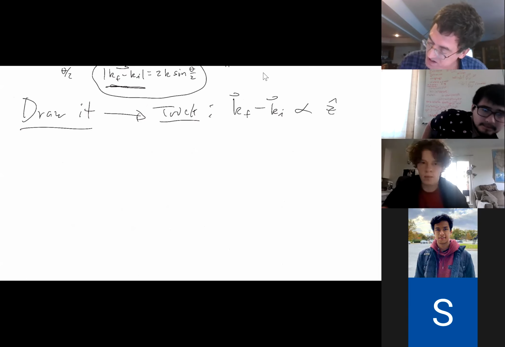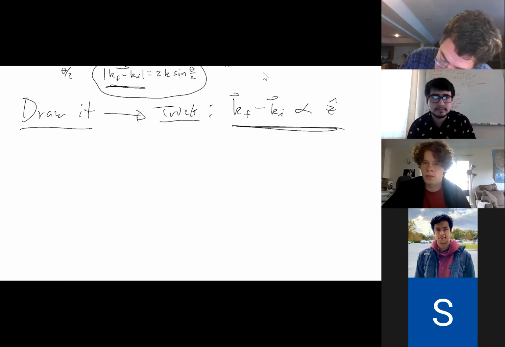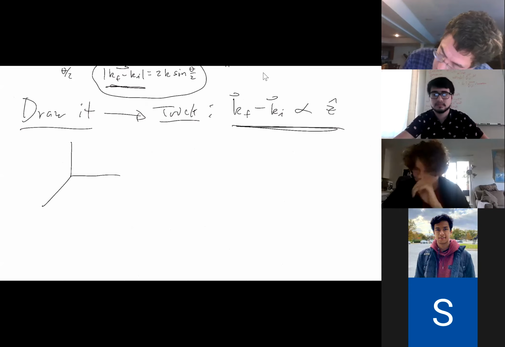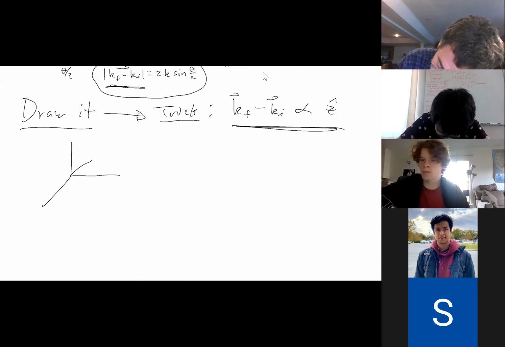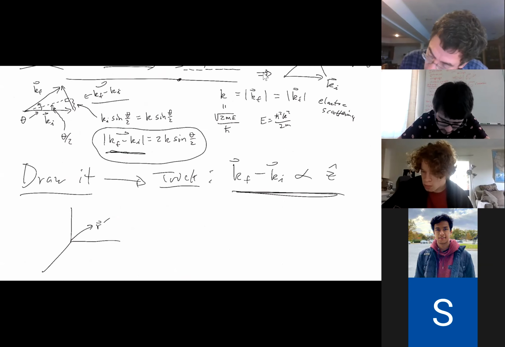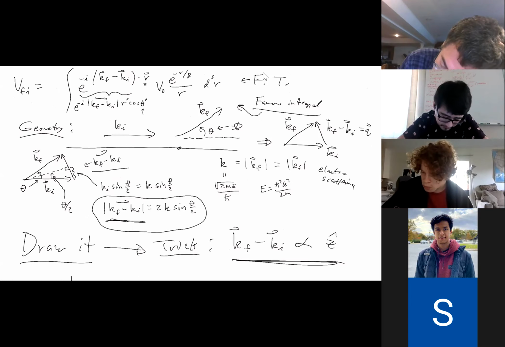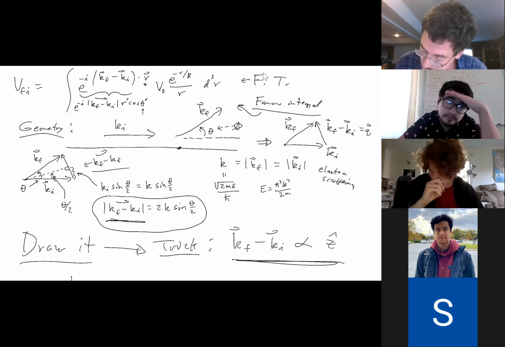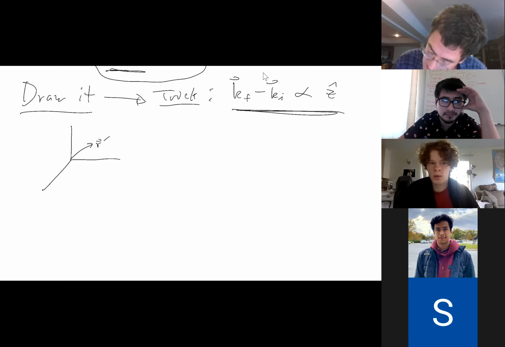Once we do that, everything becomes simpler, because now we have this vector r prime. And if my integral is over the primed coordinate, then what I have is